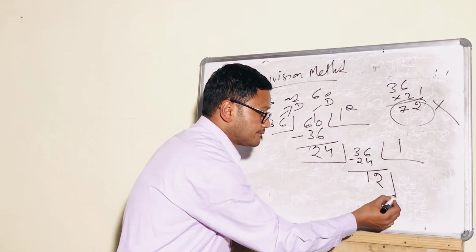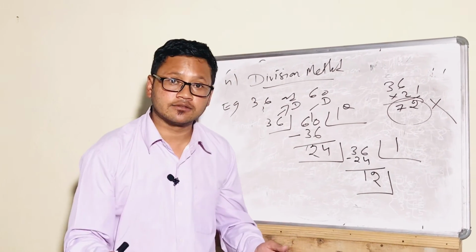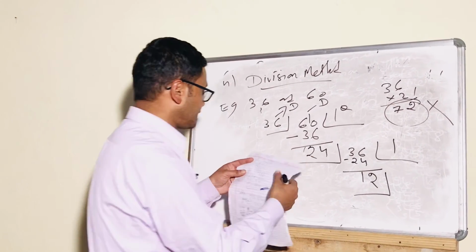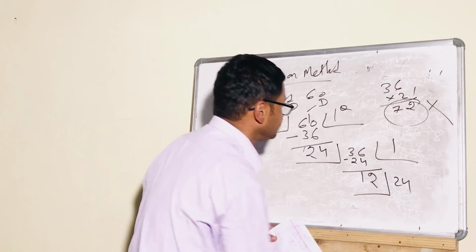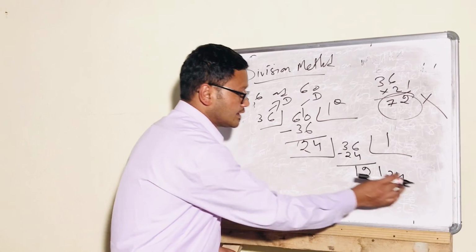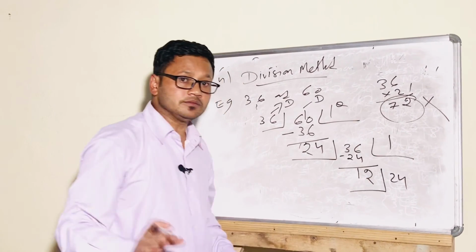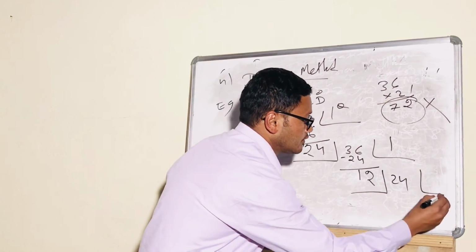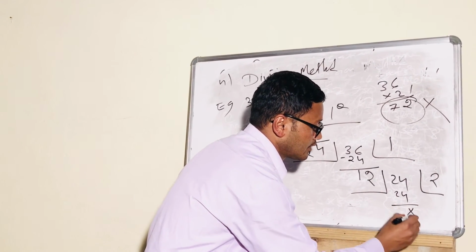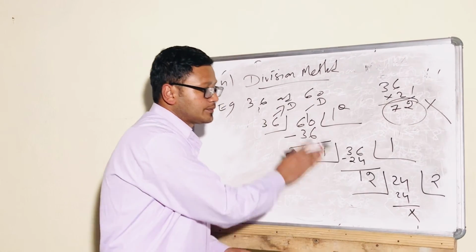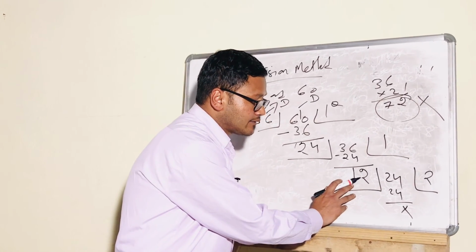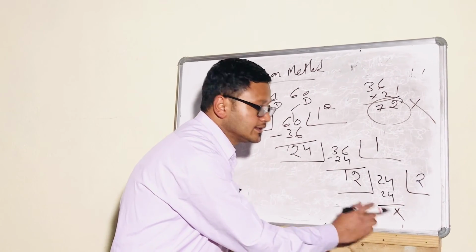Okay, again this 12 is a remainder actually, but this 12 becomes the divisor, and this 24 we have to write here. Okay, this 24, the divisor, becomes the dividend. Divisor becomes dividend, then remainder becomes divisor. Okay, now 12 ones are 12, 12 twos are 24. Okay, we have to follow this process till the remainder is 0. Now by the last divisor, 12 twos are 24, the remainder is 0.